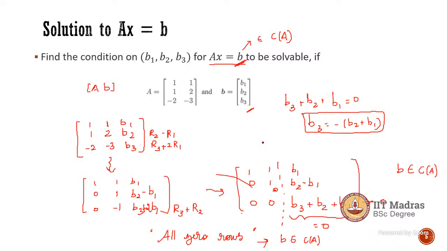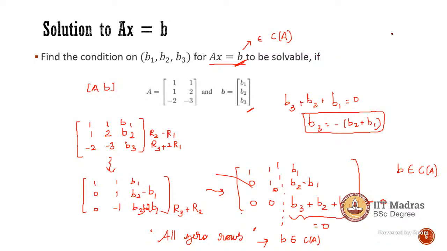Okay, but I did not understand the relation between these zeros in the elimination and the linear dependence of B on the column space of A. It's like it's mentioned in the question. AX, we have to find AX equal to B. So X is X1, X2, and if we multiply it with A, then the third column will be 0. So as the third column is 0, B3 must be 0. Otherwise, it will make inconsistency. Am I right, ma'am? Yeah. So if it is not in the column space of A, then we call it an inconsistent system. Yes.